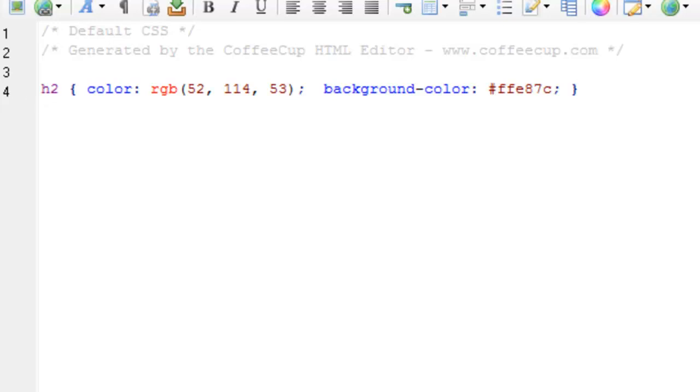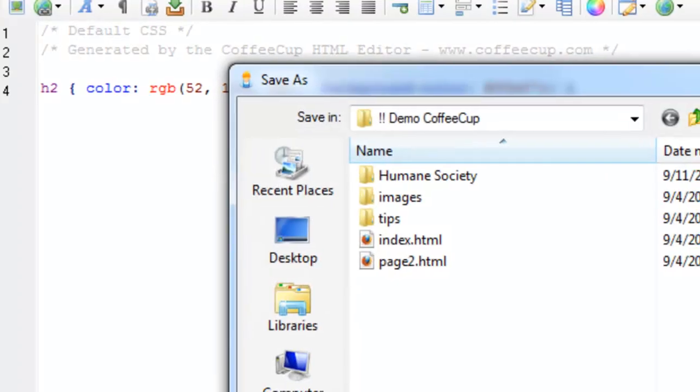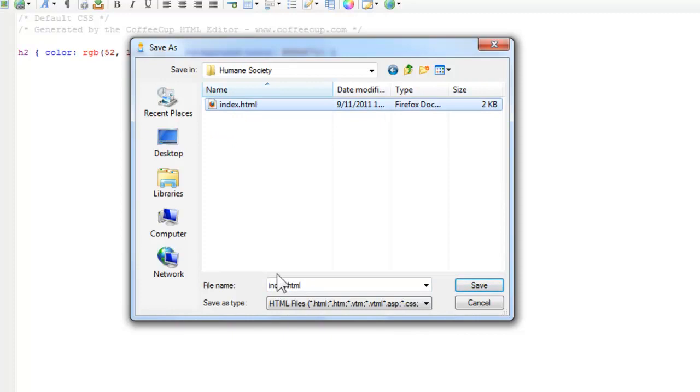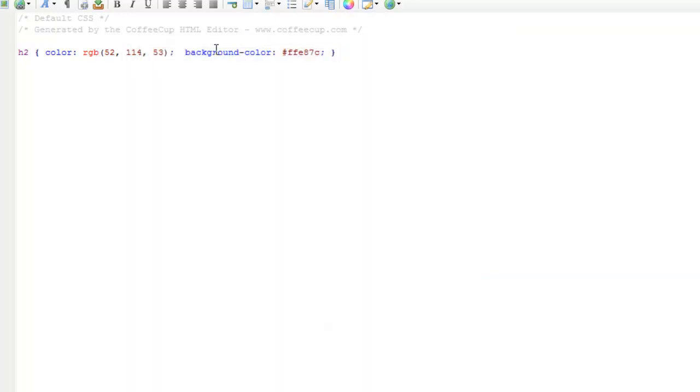I can say File, Save As, and I am going to save that here in my Humane Society folder. Notice I have an index file. I can change that to all files, or I can leave it where it was. I just don't want it to say HTML, so I will call it styles.css and save it. Now I need to go back to my HTML document,